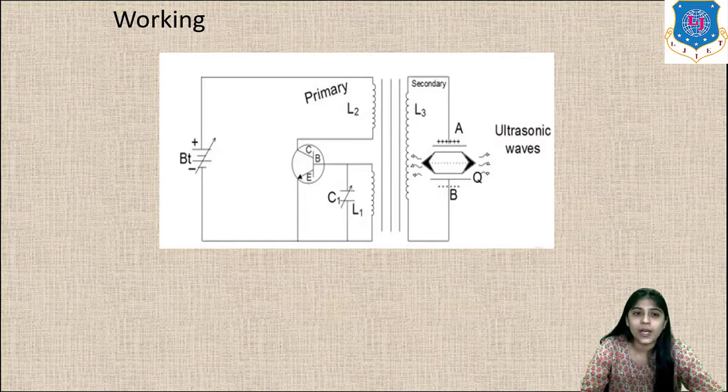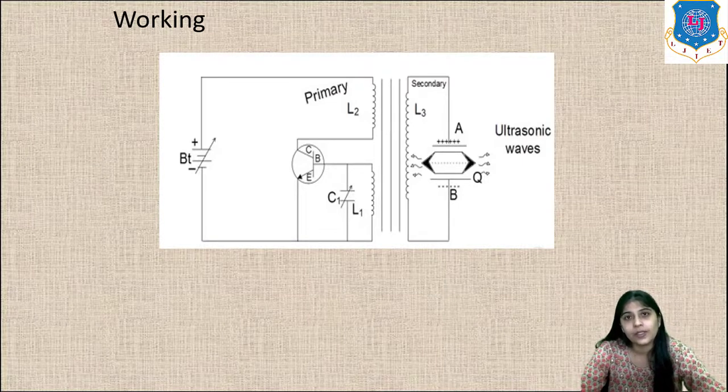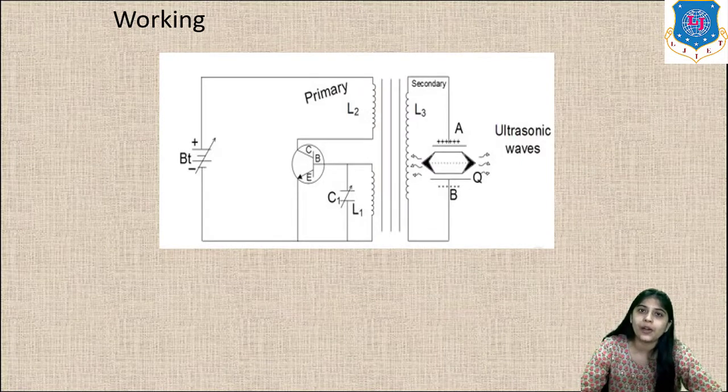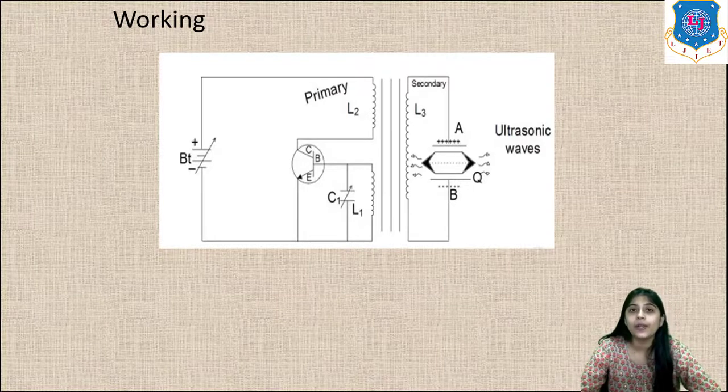Okay, so this is how it is constructed. Again, let me brief it again. The battery is connected between coil L2 and the emitter tank circuit L1C1. The L1 inductor coil with variable capacitor C1 in parallel is connected between the base and emitter of the transistor. L1, L2 and L3 are inductively coupled coils.